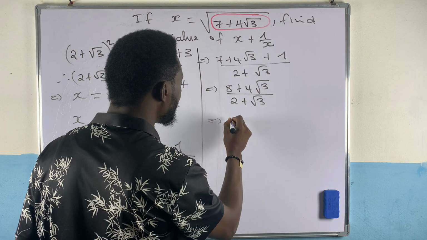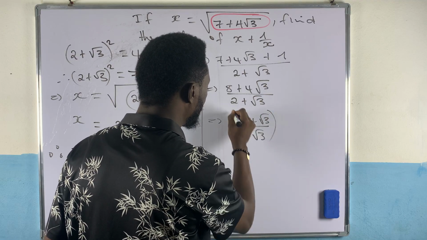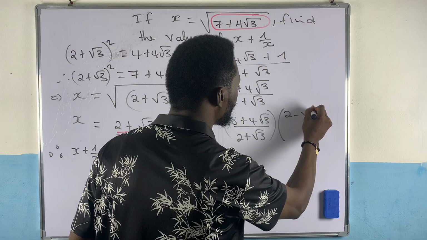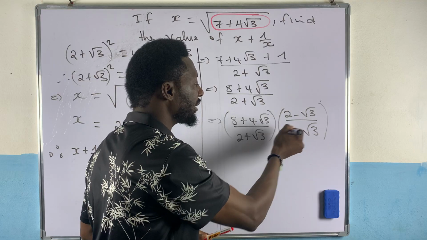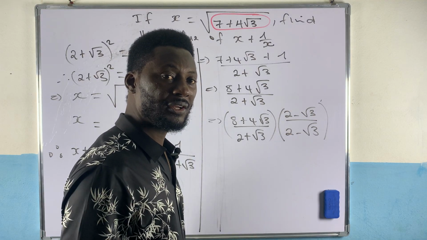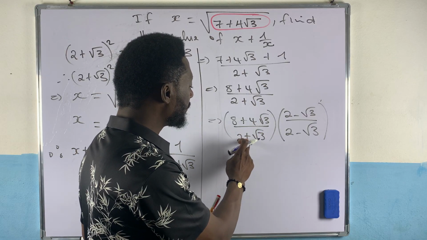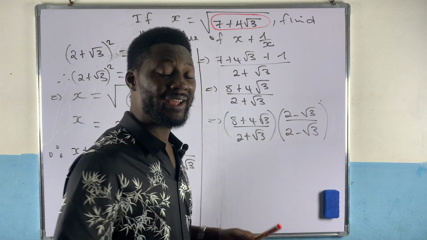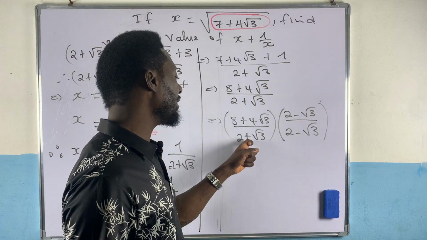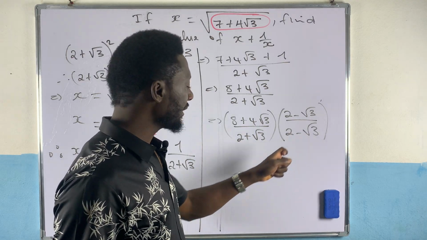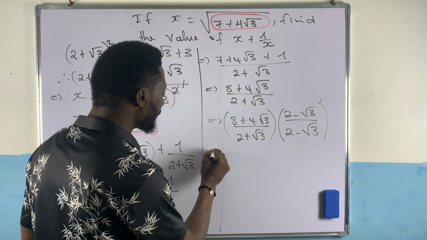So that this thing now will be written as 8 plus 4 root 3 all over 2 plus root 3, times 2 minus root 3 all over 2 minus root 3. This is still the same term because 2 minus root 3 can cancel itself. It's still the same thing. So what I am trying to do is just to rationalize this denominator. So for 2 plus root 3, the conjugate is 2 minus root 3, like I explained, that you just interchange the sign to obtain the conjugate. So if the sign is plus, the sign of the conjugate will be negative. If the sign is negative, the sign of the conjugate will be positive. So we proceed by,